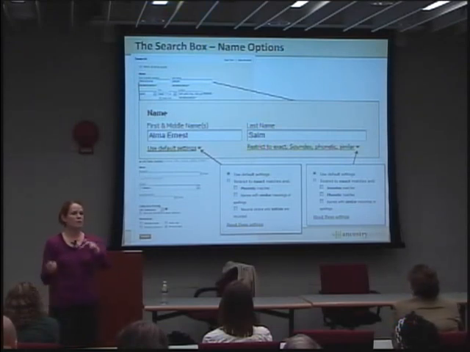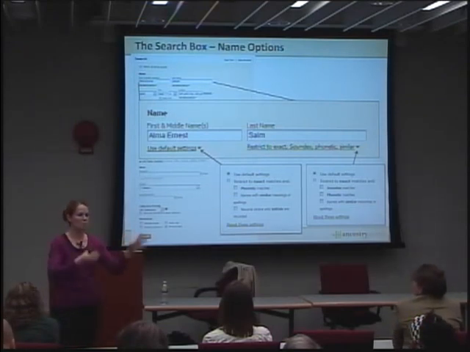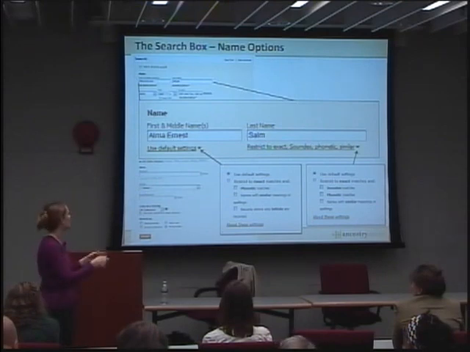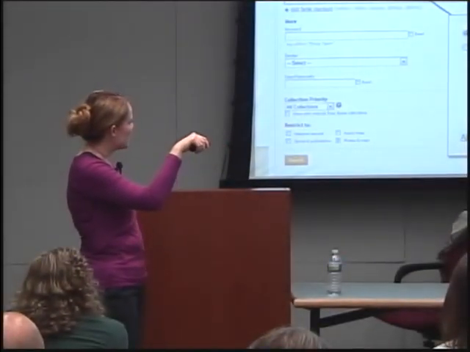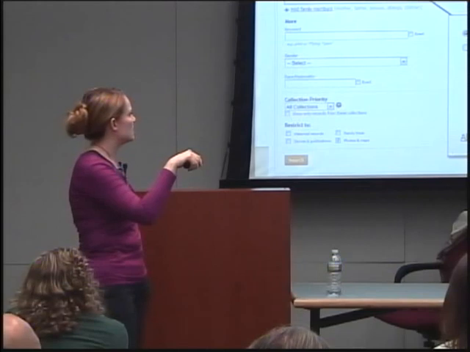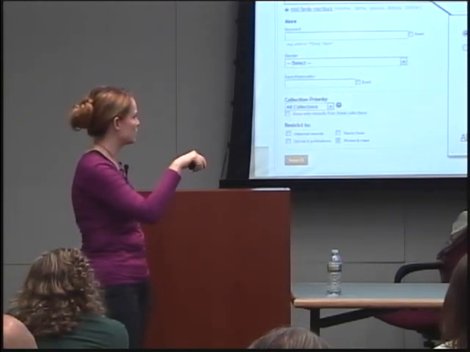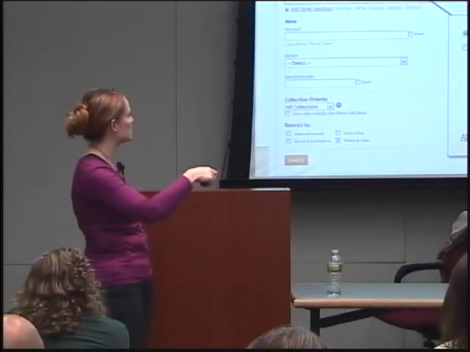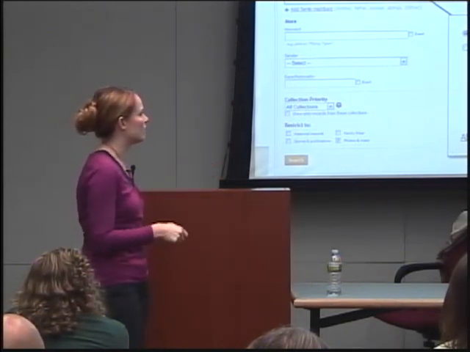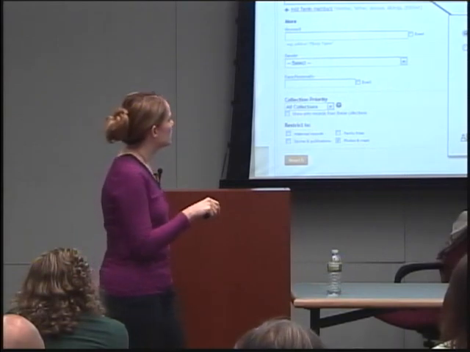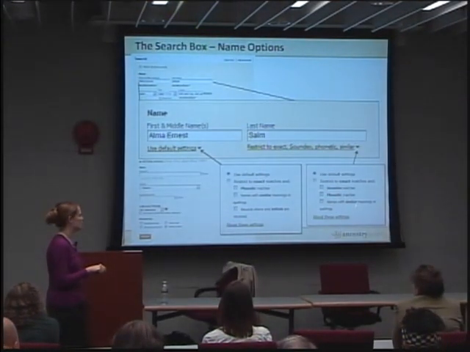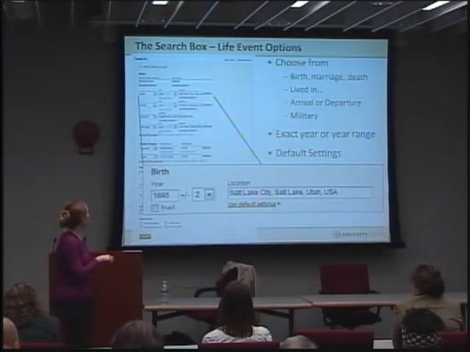Now, I went through all that proximity and closeness and how important it is. It's also important that you have complete control and that you can restrict things down. That's extremely important as well. So you can restrict to exact matches and phonetic matches, similar meanings, and initials only, so that you can restrict it down. The default is going to be all of that closeness, that proximity that we talked about. The exact matches is going to help you refine it. So the same kind of thing with last names. You restrict to exact matches and Soundex, phonetic, and similar meanings. So that's what you can do with names.